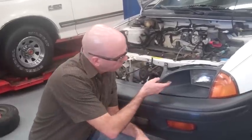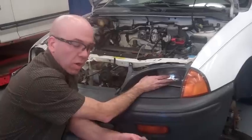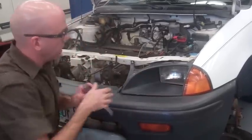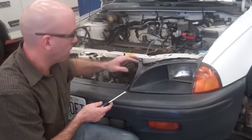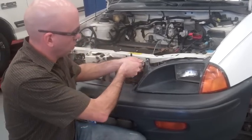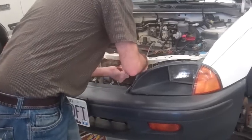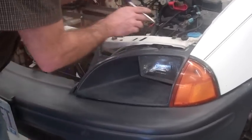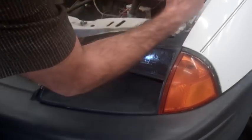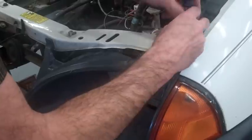Alright, let's take a look at one more type of incandescent headlamp. So on this Geo Metro now, it has the old style, even though it's a modern car, it has an older style headlamp in it. And to get to this one, you also have to remove the entire headlamp assembly. So this one really only has 2 screws to undo this assembly. So we're going to take this one out here. There's one. And then we're going to take this one out up here. And really, this one doesn't have to be removed entirely because, as you'll see,